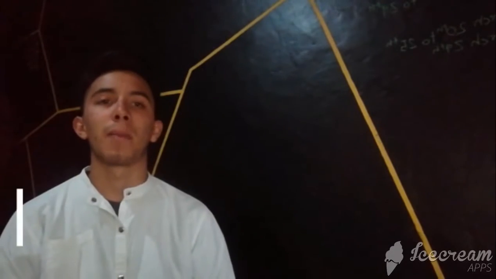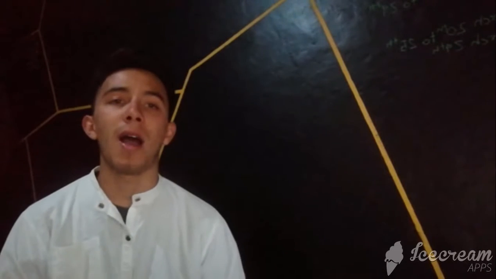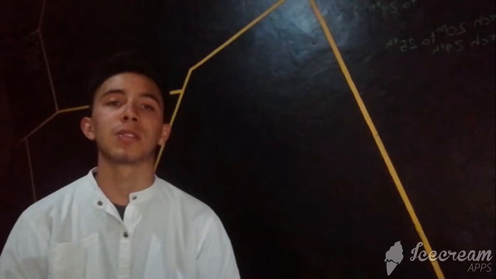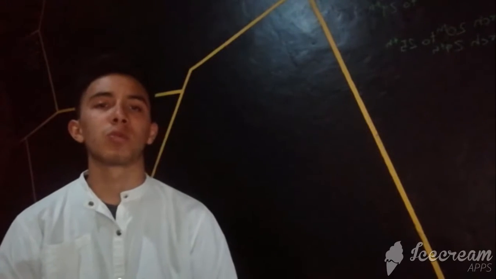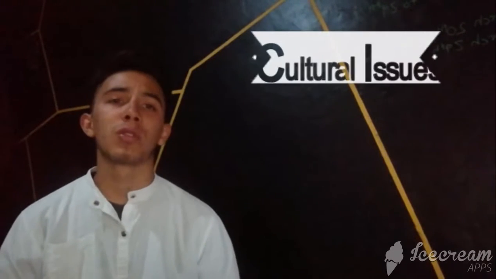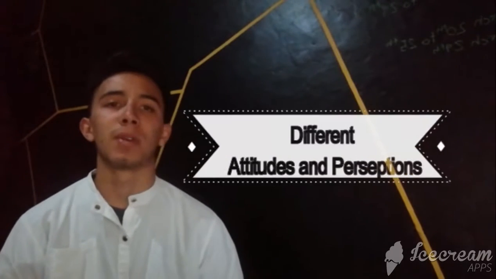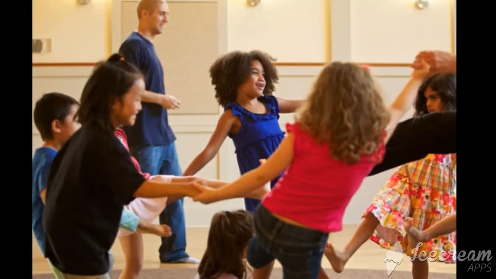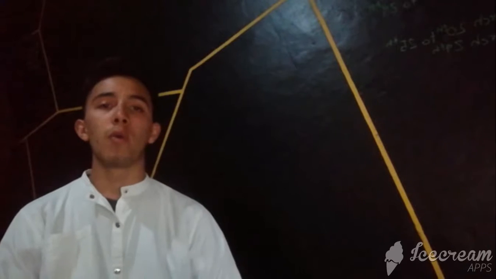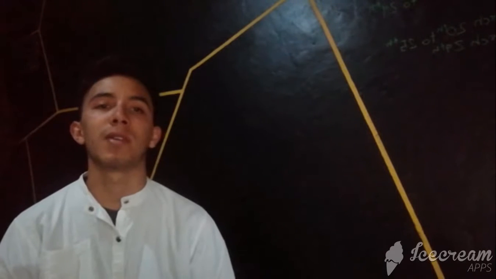I'm going to start talking about the prior knowledge and the relation with Unit 1 and 2. At this stage, we have experience and have learned certain concepts and practices about teaching planning. Directly or indirectly, we relate this knowledge with different factors, for example, the cultural issues we are surrounded by, and the different kinds of attitudes and perceptions that we can face. For example, with around 20 students, it is somewhat harder, because we have to be aware that it doesn't matter; we have to explain and create those spaces for all our students, being concerned about those differences.